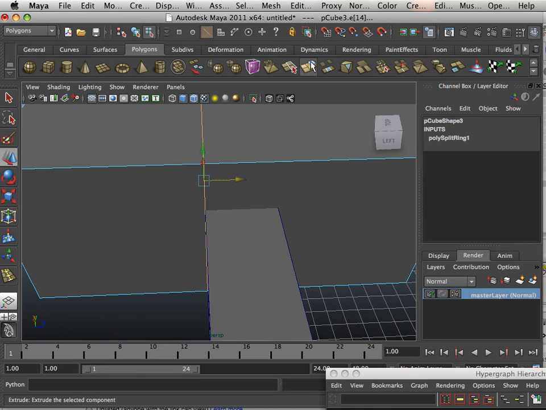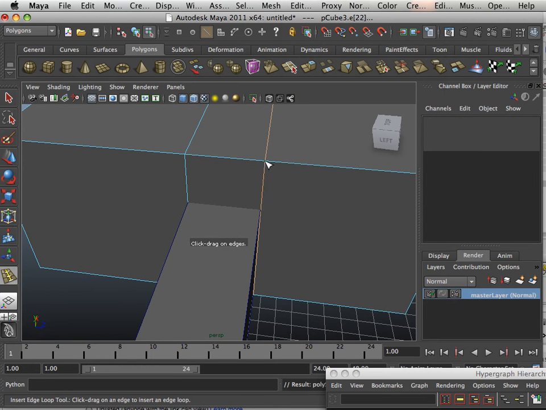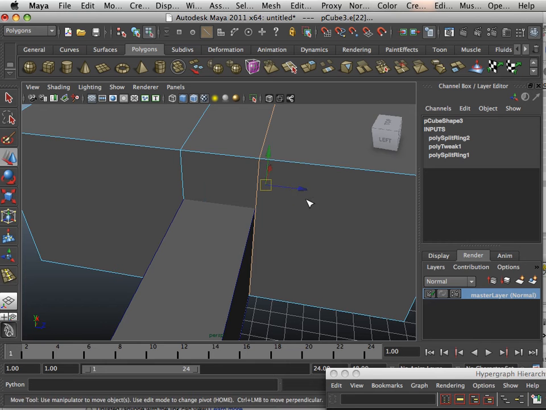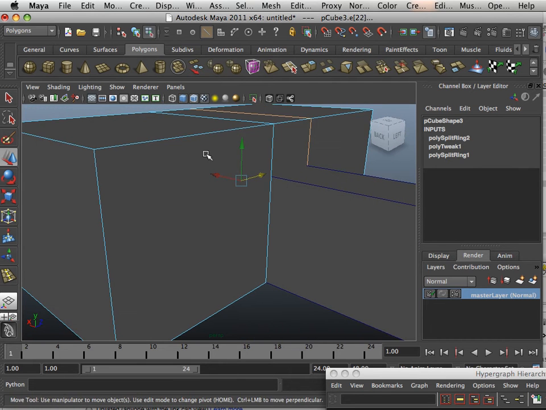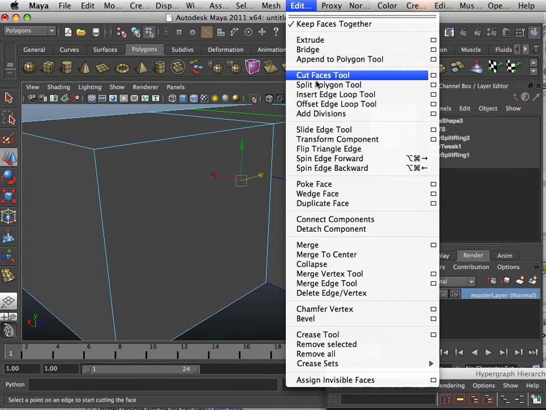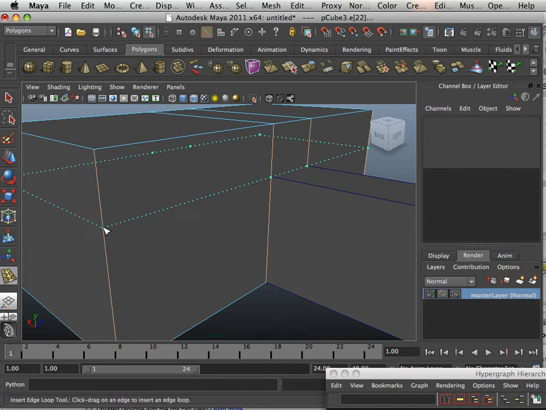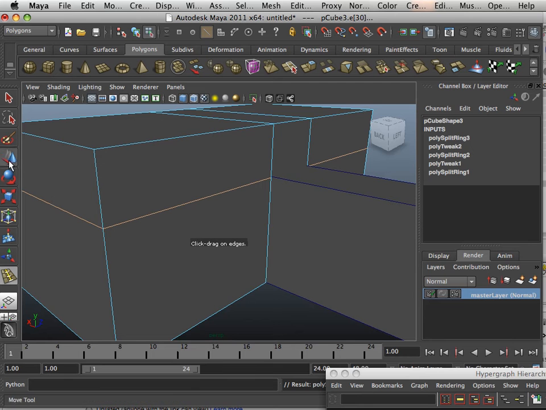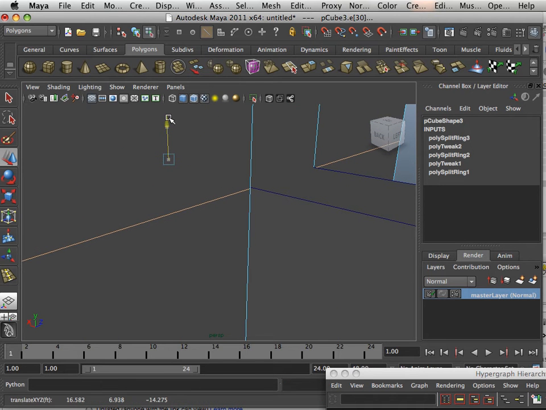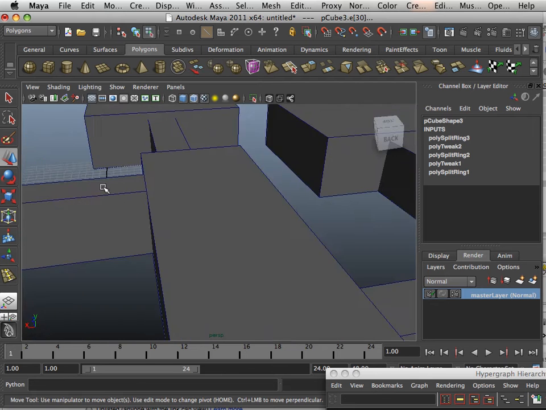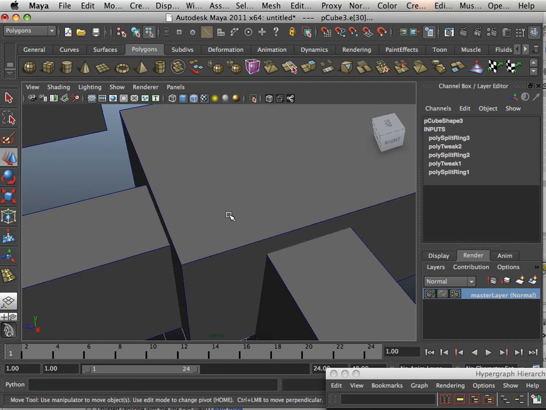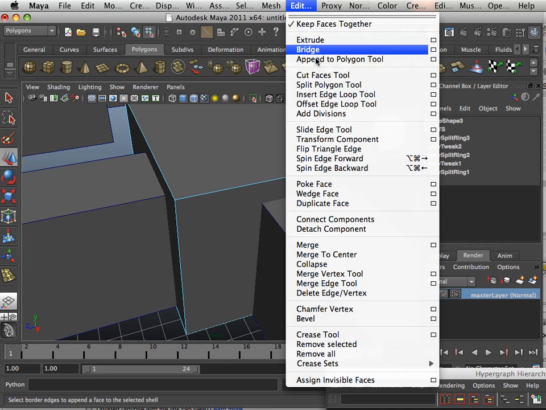I'm only looking for general approximation here, not accuracy. Okay, you can certainly get as accurate as you want, but just know that general works just fine. So if you wanted to, you can go into all the other views and line these all up. Okay, so there we go. That's my first one. Now I'm going to have to do that for each and every room, just so I